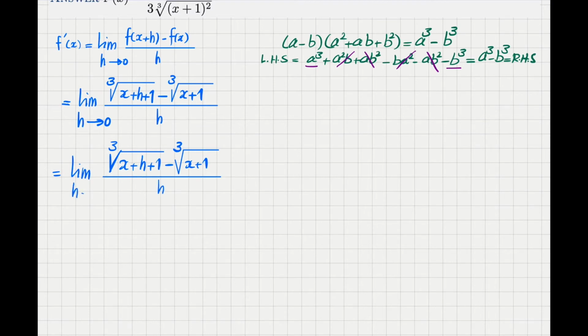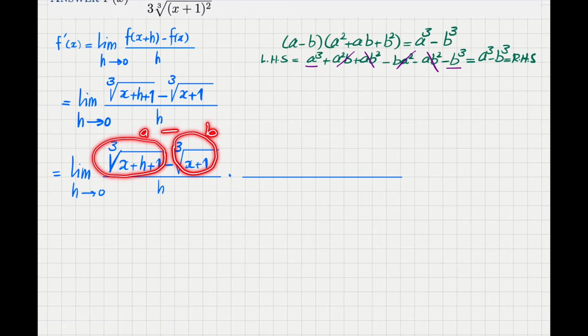H goes to 0. Then I start rescaling this, but with an expression which makes this pattern for me. So if I give the role of A to this expression, and if I give the role of B to this expression, then this will read A minus B. So it means that I have to rescale my fraction by this expression, which is the A to the 2,